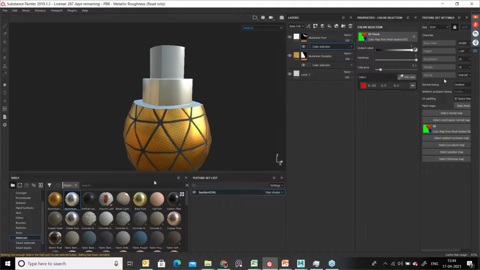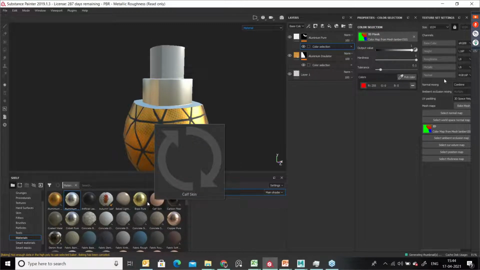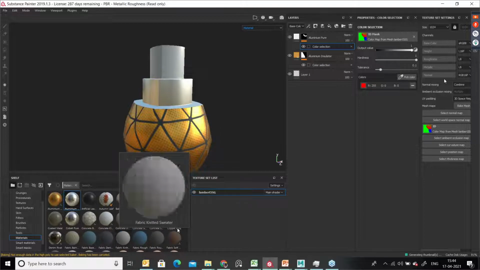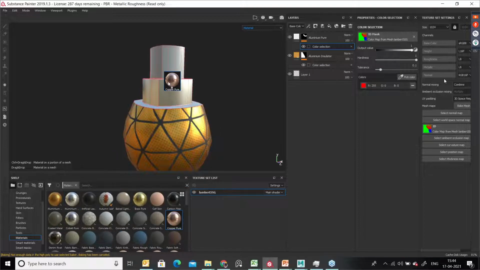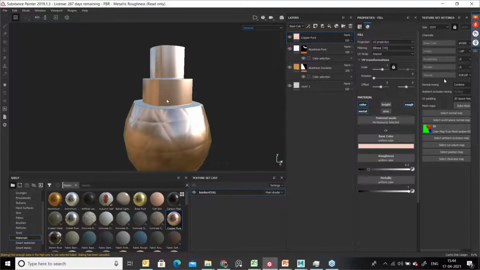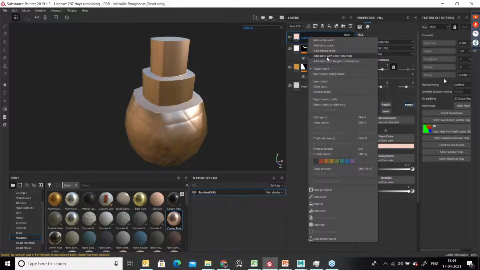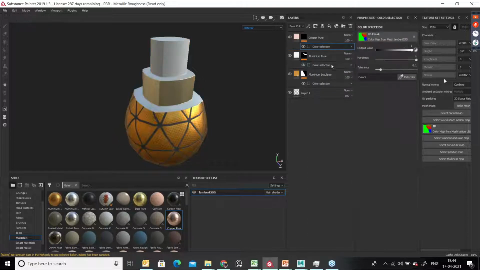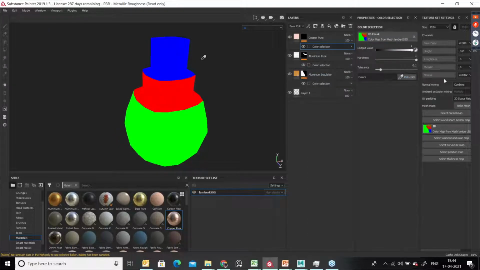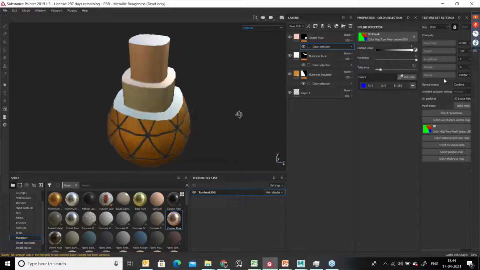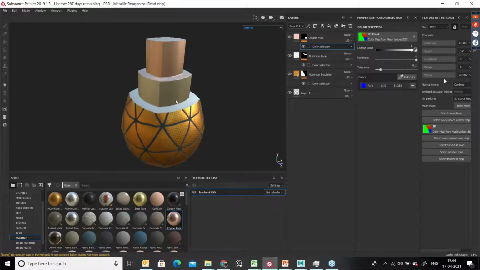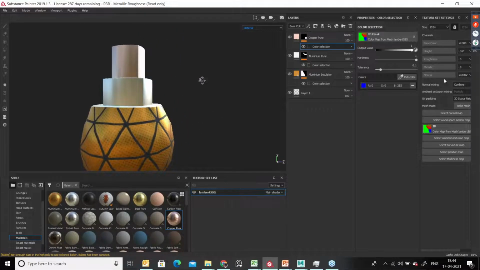Correct. So now the third texture I'm going to apply. So just you can choose. Okay, I'm going to choose this one, and again right click, choose add mask with color selection, pick color, choose the blue. Right? See, now you got the idea.